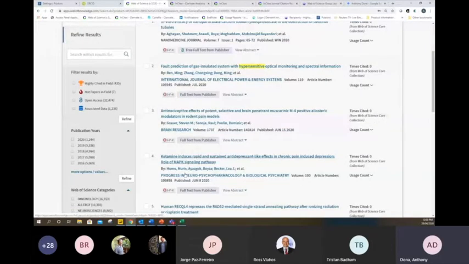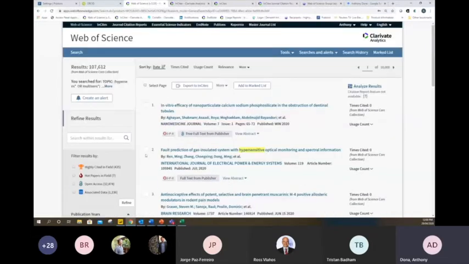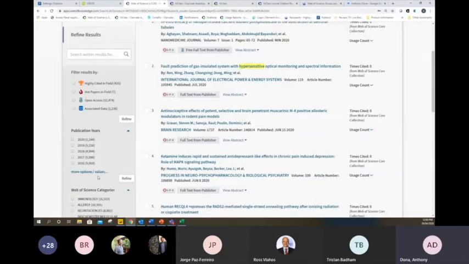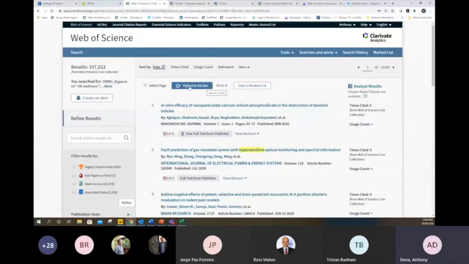I have this, which is looking at hypersensitive or hypersensing. I might actually even want to drill into that further, as I'm getting hypersensitive optical measuring here, which may not be what I'm interested in, but again, for the point of demonstration, let's leave this. Now, any set in Web of Science, any topic search, any person search, any department search, address line search, whatever search you're conducting, you can export a custom set to InCites and then drill into that.